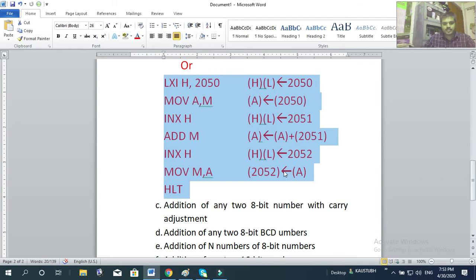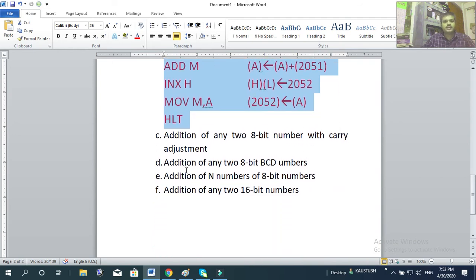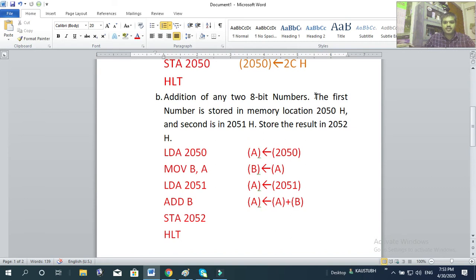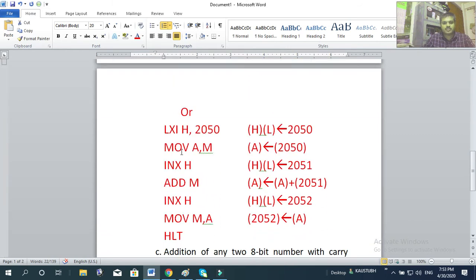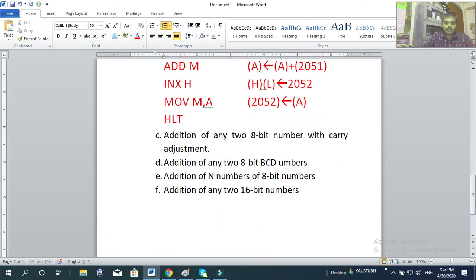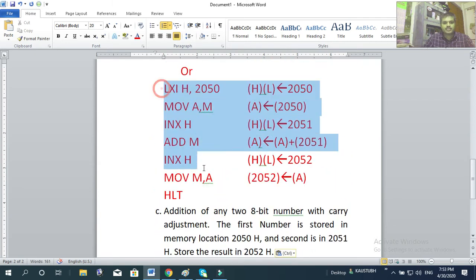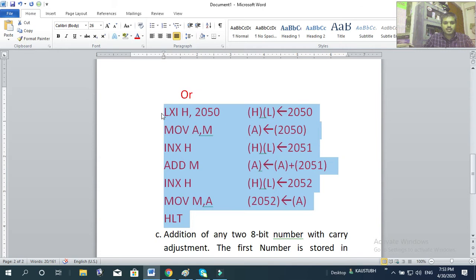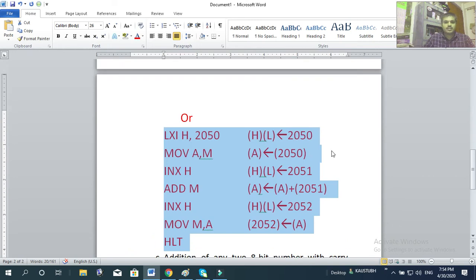So, now I will show you another one, the addition of any 2 8-bit numbers with carry adjustment. Okay. So, the same program only. The thing is that in this previous program that I have written, as you can see, there is no provision for the carry. The program is for the addition of data that is stored in 2050 and 2051. Now, the thing is that once you add